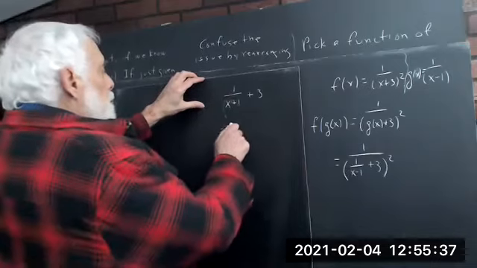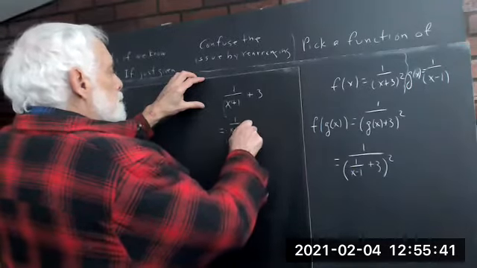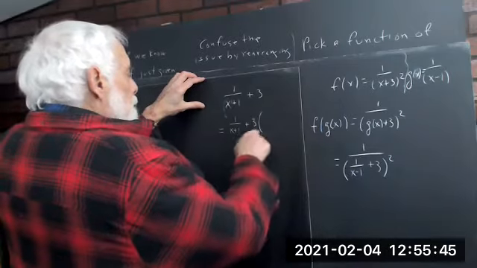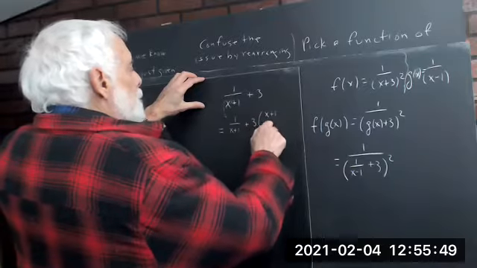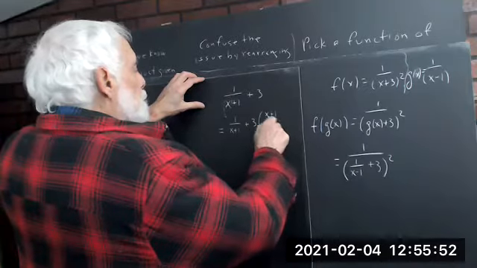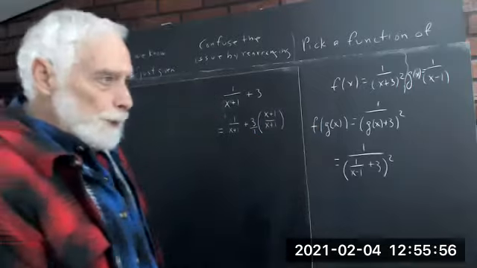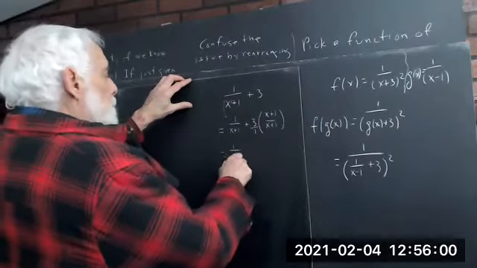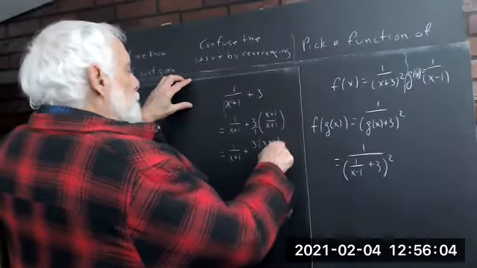If you multiply 3 times x plus 1 over x plus 1, and of course that's the same as 3 over 1 times x plus 1 over x plus 1, you get 1 over x plus 1 plus 3 times the quantity x plus 1